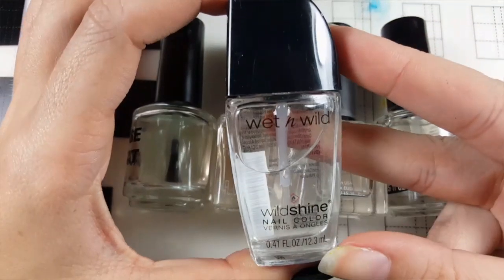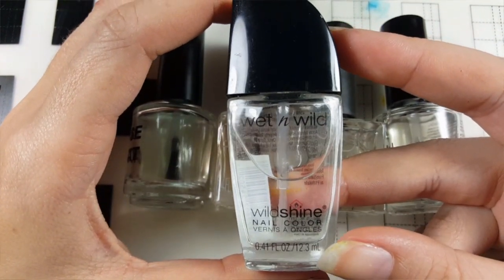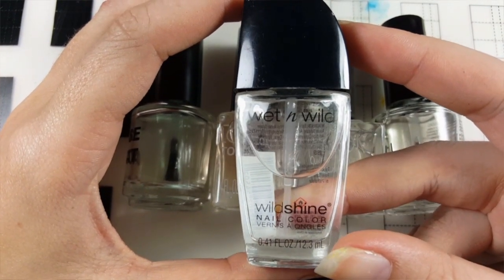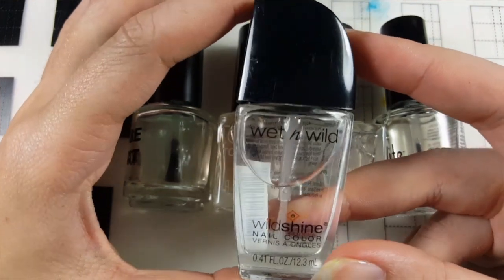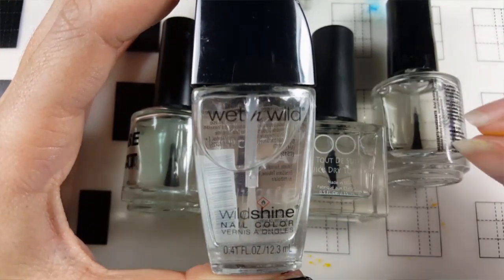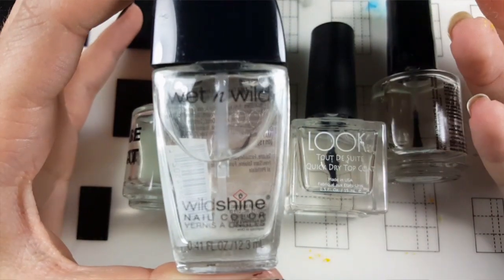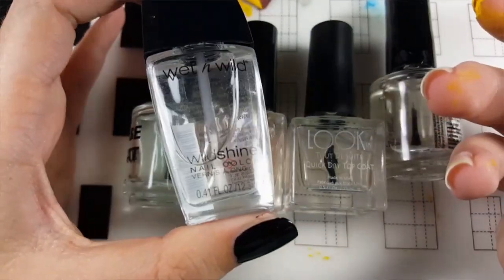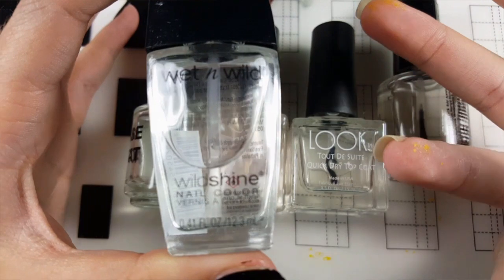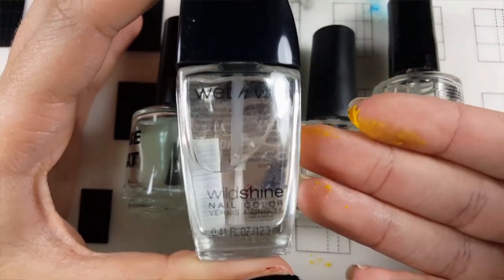And the winner to me is the Wet n Wild Clear Nail Protector, because this one dries really flexible and it conforms and sticks to your nail even when your nail polish is dry. So you don't have to use another layer of top coat to be sticky and tacky to make it stick to your nail. So you don't have to time applying your polish directly to the nail vinyl, and because it remains sticky and flexible, you can peel it up even after you've placed it on the nail and replace it,